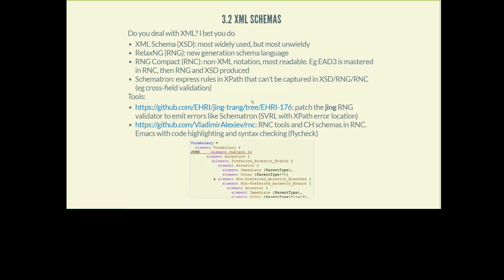A few words about XML schemas. I would highly recommend that rather than the most popular way, which is XML Schema, you should consider using RelaxNG. It is as powerful, actually more powerful than XML Schema, but the form RelaxNG Compact or RNC is the best way to read and write XML schemas. Here are a couple of links for tools that we have for this, and on the bottom is a screenshot from my editor, Emacs. So you see the syntax highlighting, indentation that shows the nesting of the schema, and on-the-fly syntax checking. Where junk doesn't belong, the underscoring shows me that.